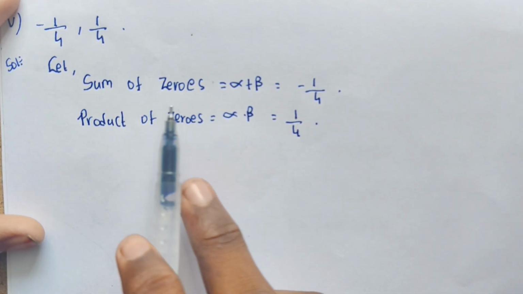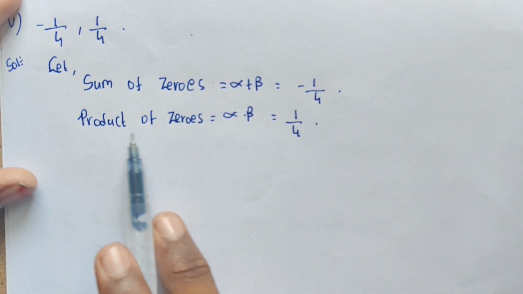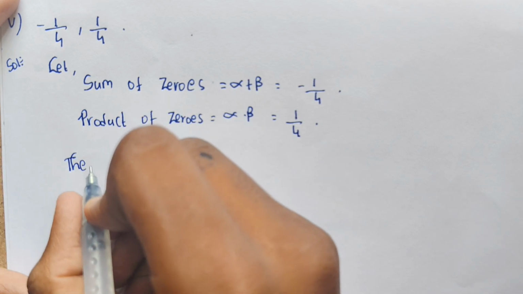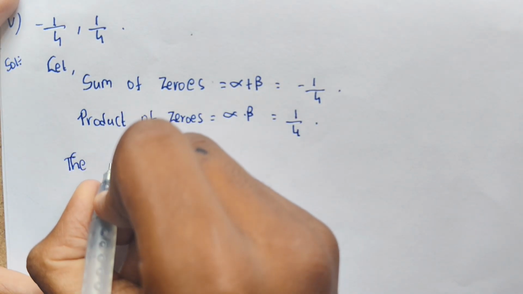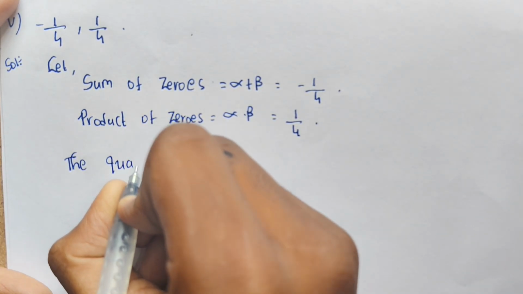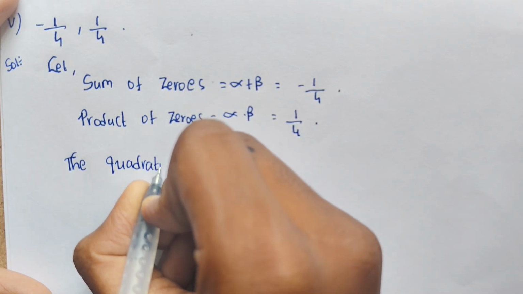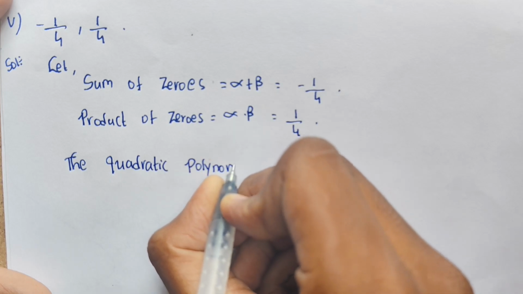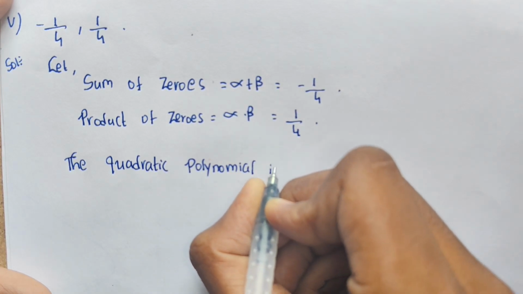So we got sum of zeros and product of zeros. Let us find the quadratic polynomial. The quadratic polynomial is in the form of